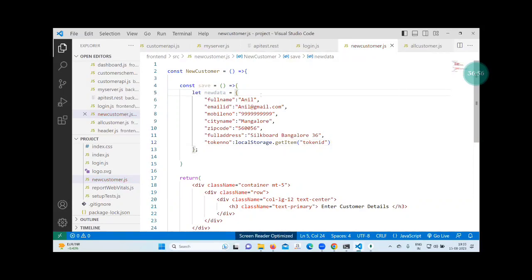Right. So now, how many things are you going to post to the backend? The customer details you are going to post, that is confirmed. But along with that, what do you have to send? Token number also. Because before saving the new customer, the backend wants to know who you are. Are you a valid admin or not? You are sending data to be stored in the database. Post API you have written, so anyone can post the data to your URL. But your post needs to identify whether the request coming from the front end is an authorized request or an unauthorized request. So who will identify this? Token number.